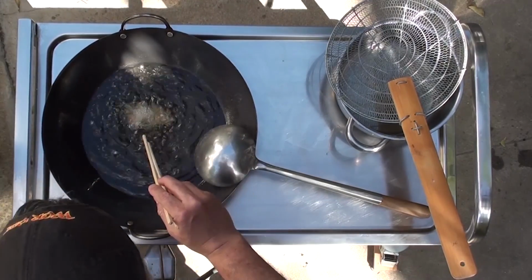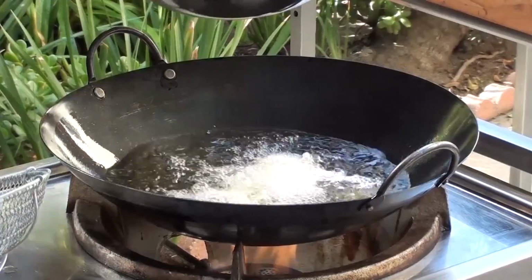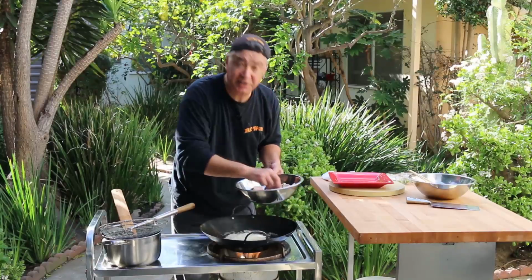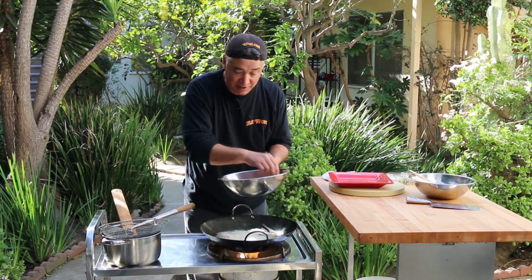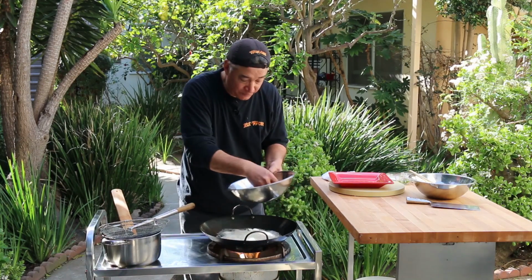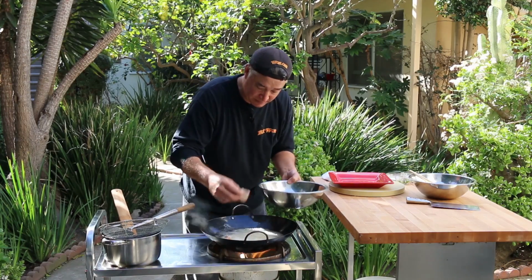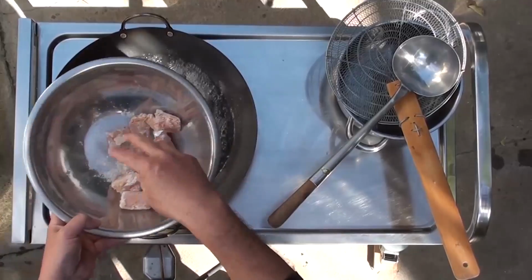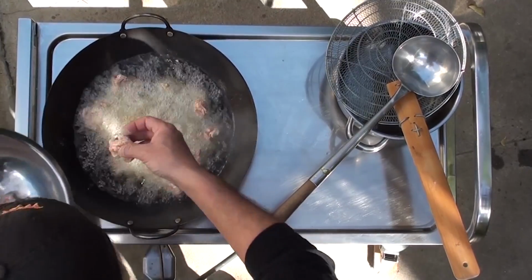Okay. So now we got the oil up to temperature. I'm just going to control the temperature. And I'm going to get my fingers involved here, just so it'll happen a little bit quicker. And the nice thing about this EZ-Wok system, the burner, specifically the X72 burner, is that as you put cold foods in here, you won't lose the temperature. It's just so hot. Oh, also in this